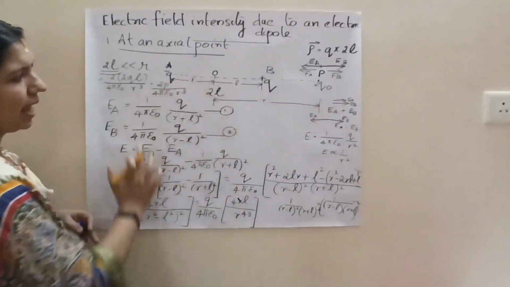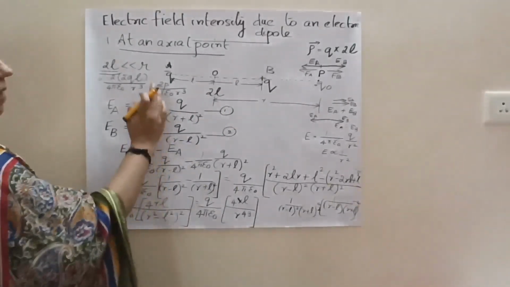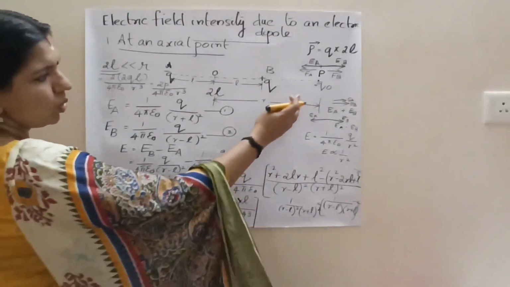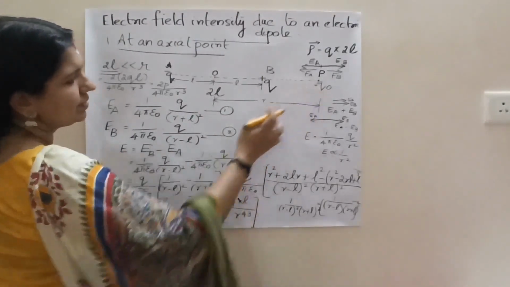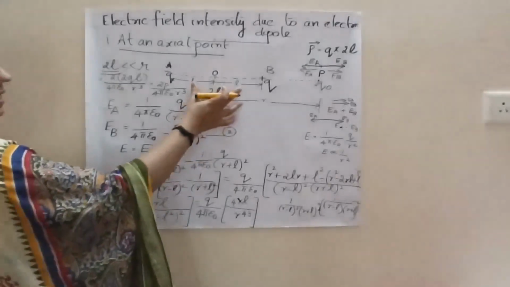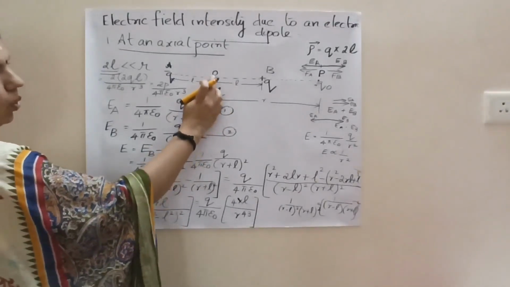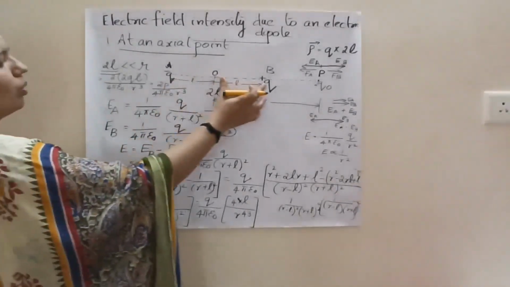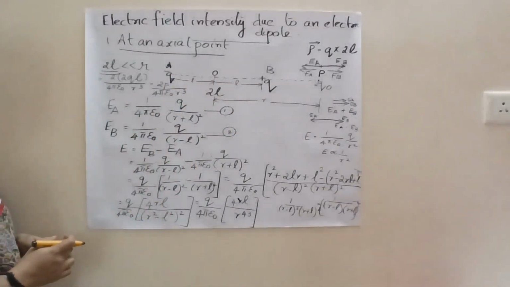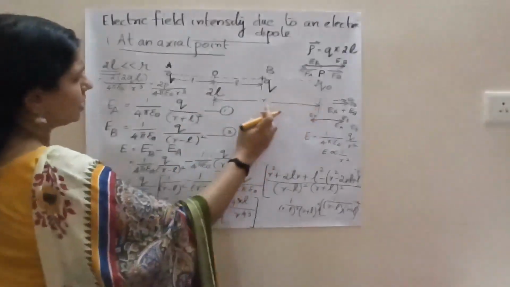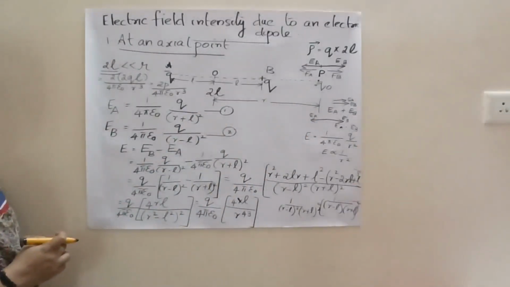Okay, once again I will go through the equations. Just consider a dipole AB having a minus q and plus q charge. Then I am placing a unit positive charge on the axial line itself. The length of the dipole is 2L. O is the center of the dipole. So the distances OA and OB must be equal to L. Then the distance from O to this positive charge is taken as small letter r.